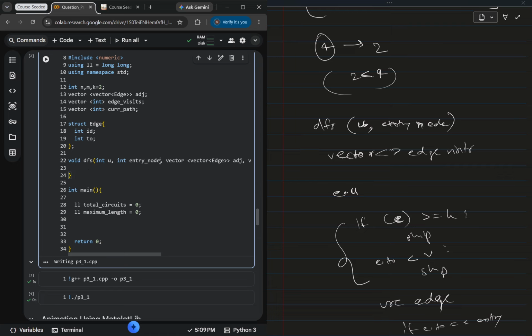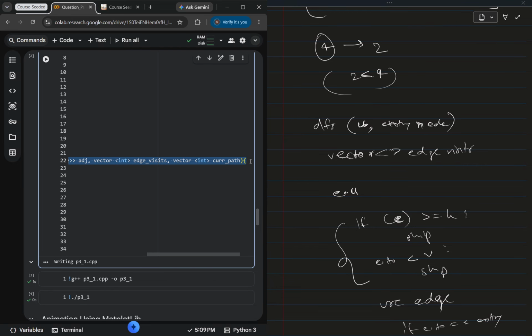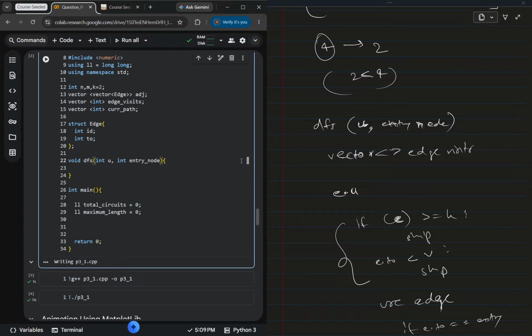So we can now remove this. We basically don't need this long thing over here. Yes, so finally it looks at least readable. So we have this void dfs. Now we can just for, let's say